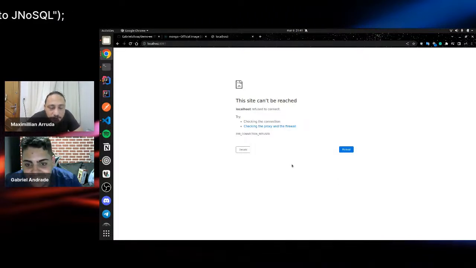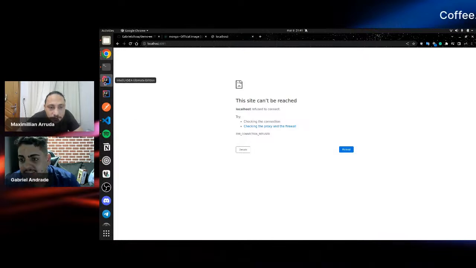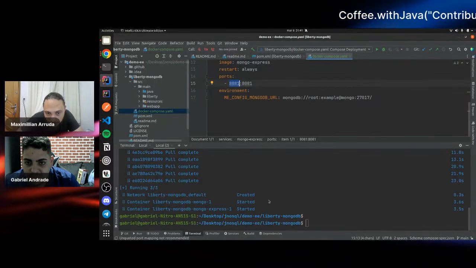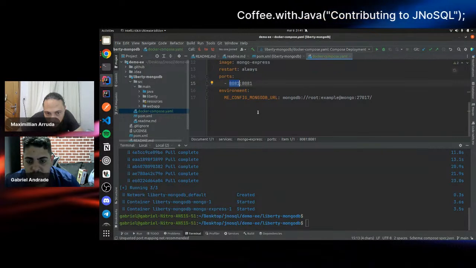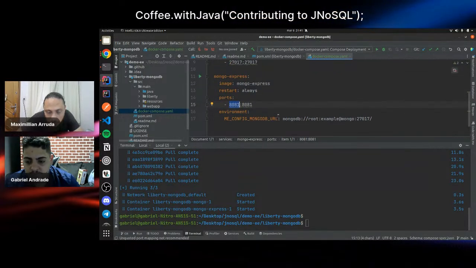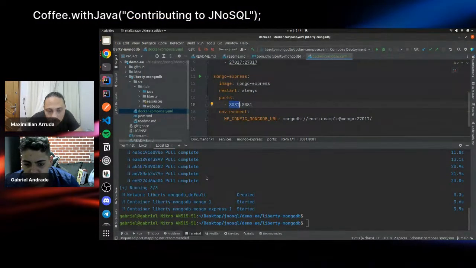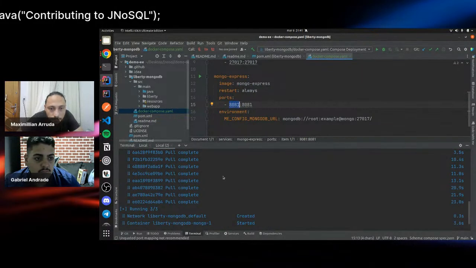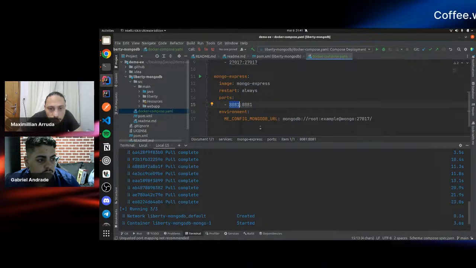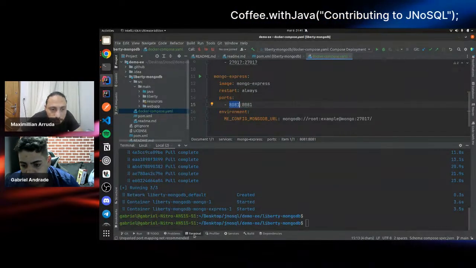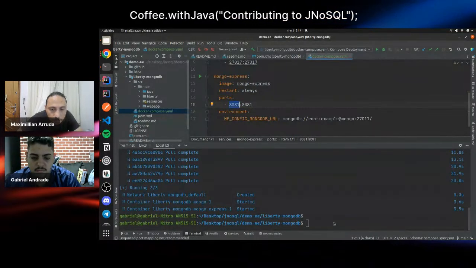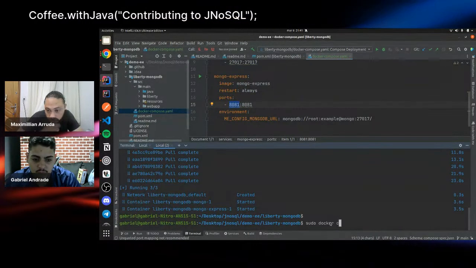Go back to your console, please. Try to turn down your containers. Type sudo docker compose down.